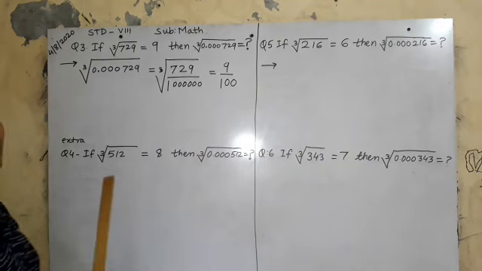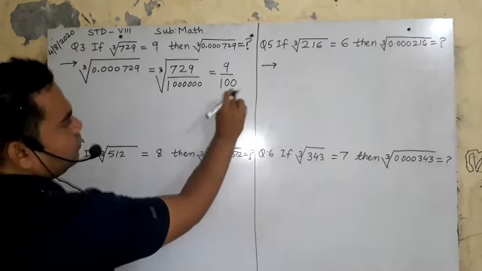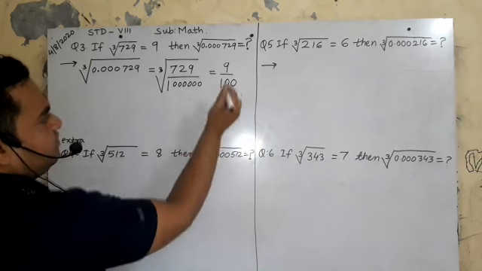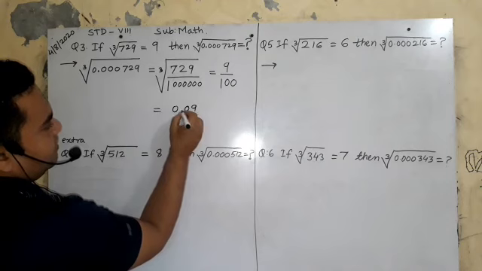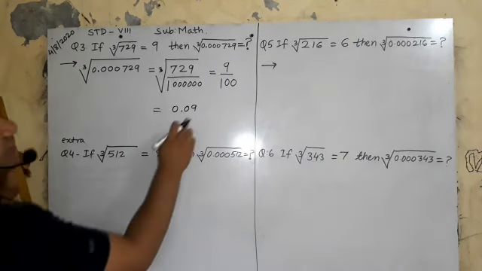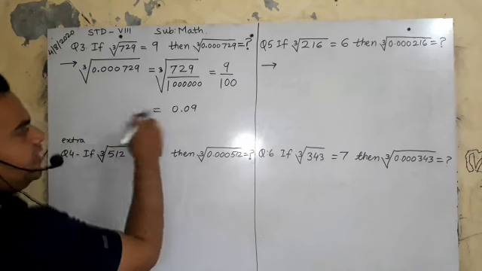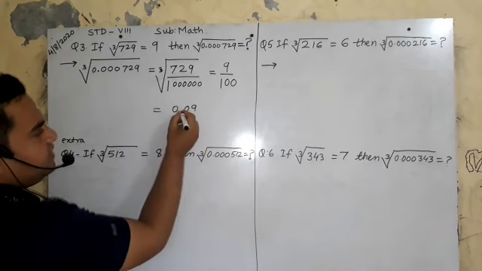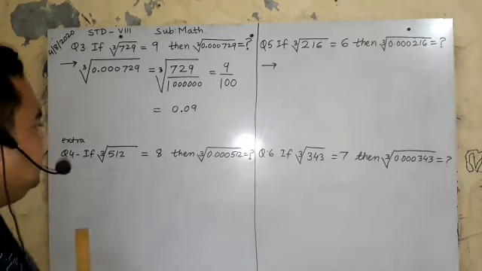Write the number in the decimal form. If the denominator has 20, the numerator will be written so that after 2 digits there will be a decimal point. See, 9 was there, I increased it by 20, and after 2 digits the decimal point will come. I hope you understood what I am saying. Please pay attention here now.